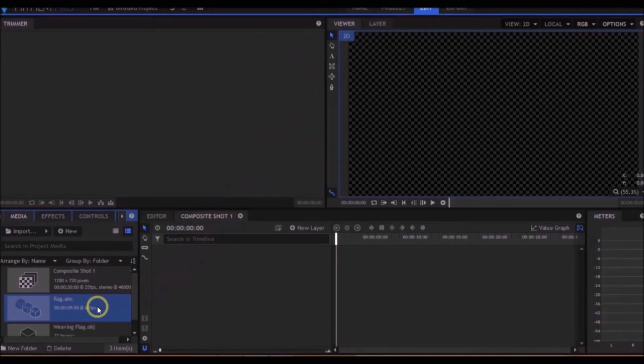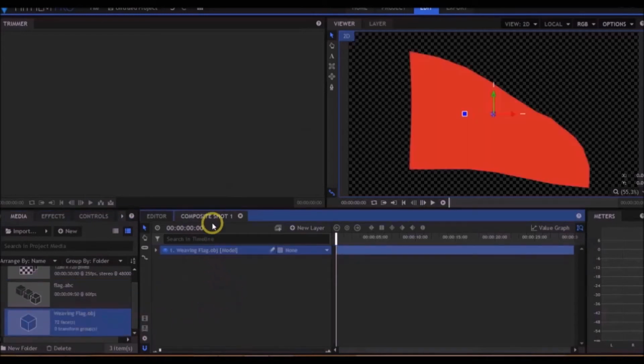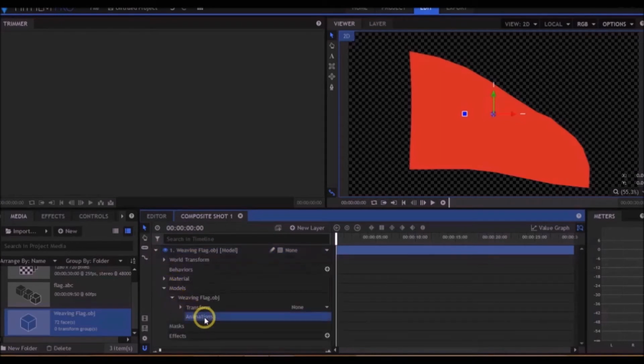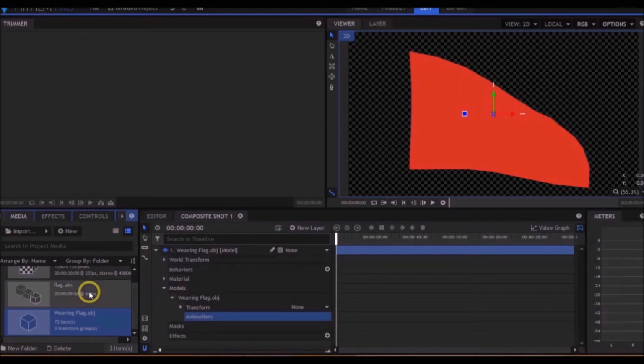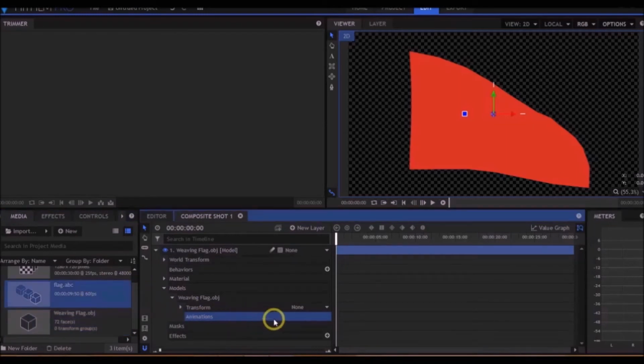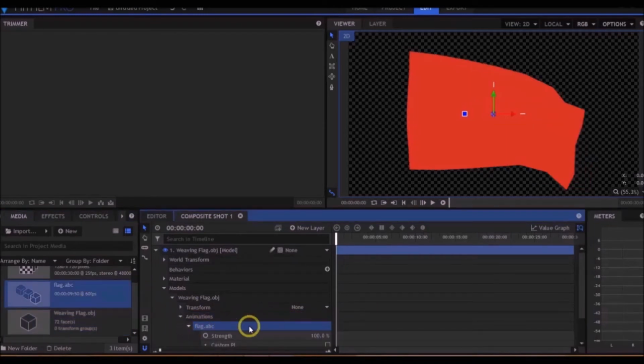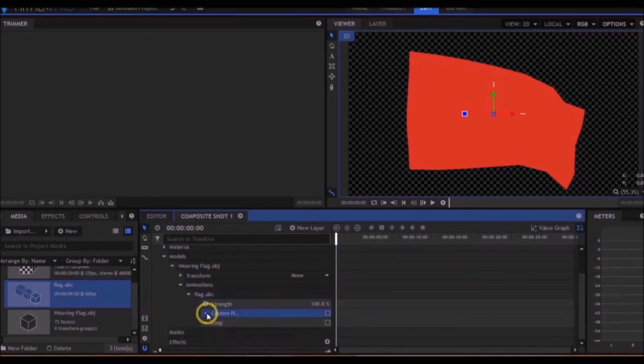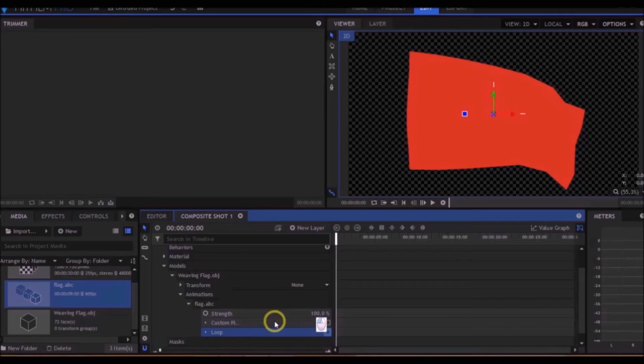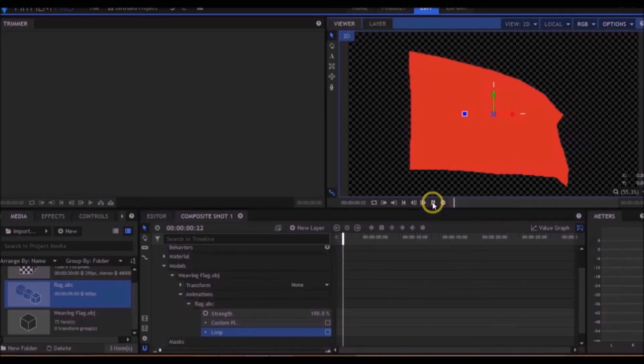Find in the menu the tab Import 3D Model and the Import pop-up menu and insert the flag OBJ file. Then find the Import 3D Model Animation tab and import the Alembic file flag.